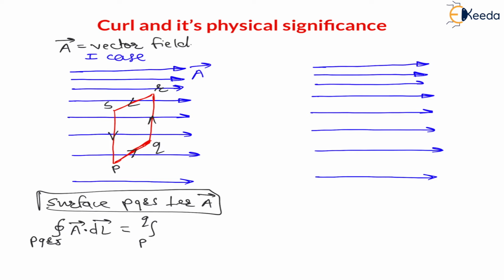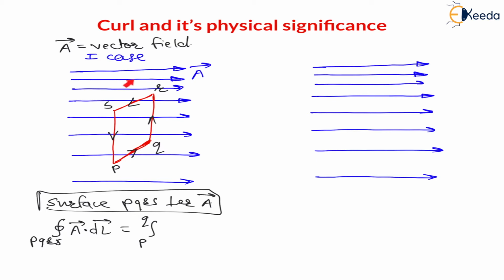This is my assumption. Rotation is PQRSP, right? Likewise, anti-clockwise rotation. Now PQ, then I have to write here. Let us say on PQ line, the vector field at PQ is nothing but A1. This is my assumption. Let us say vector, because see, as location changes, the strength of vector field is changing.